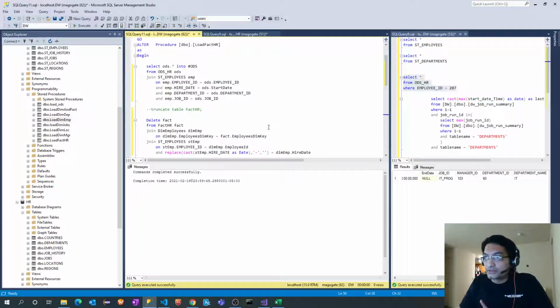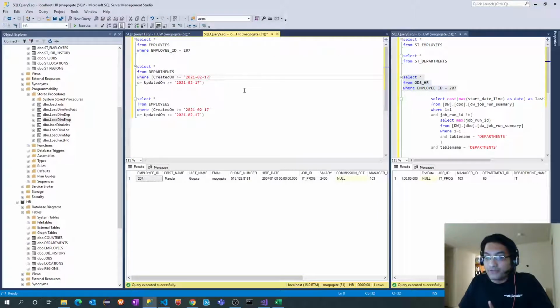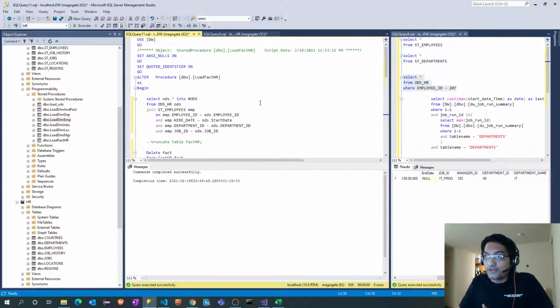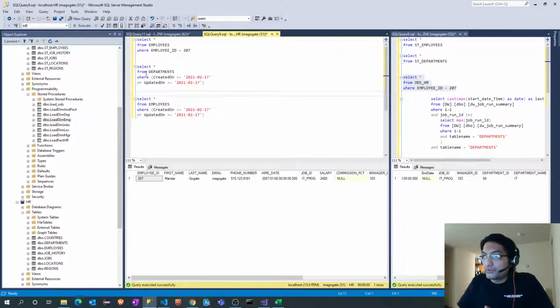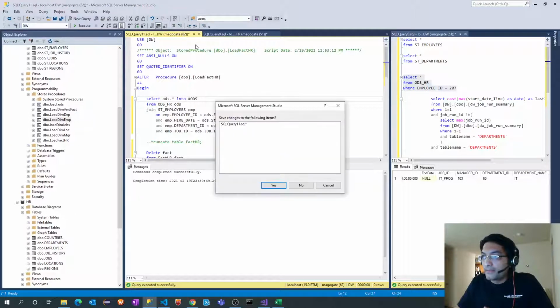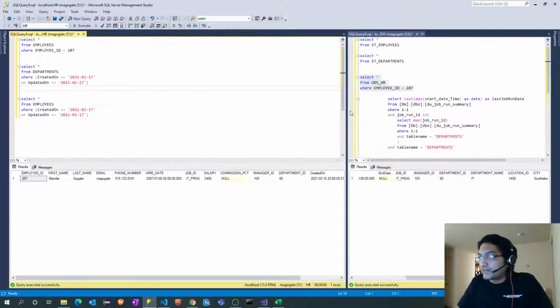What I will do now is go back and validate the entire flow again, because we modified a lot of things here. We basically converted truncate and reload into delete and insert. So we'll validate that flow again. For that, let me close this, and I will change my salary again in my source table.